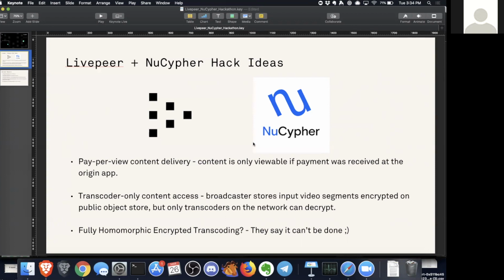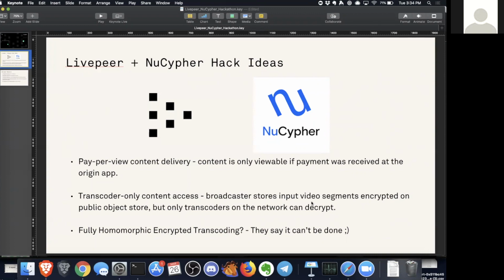So the idea here is, write some encrypted content to an object store, and then as you negotiate with transcoders on the Livepeer network, and the software does this under the hood for you, rekey it for decryption by those transcoders so they can do the work and upload the content back to your object store after it's been encoded. So more work to do exploring that, but it's relevant to the internals of our network and a good use case for NuCypher potentially.